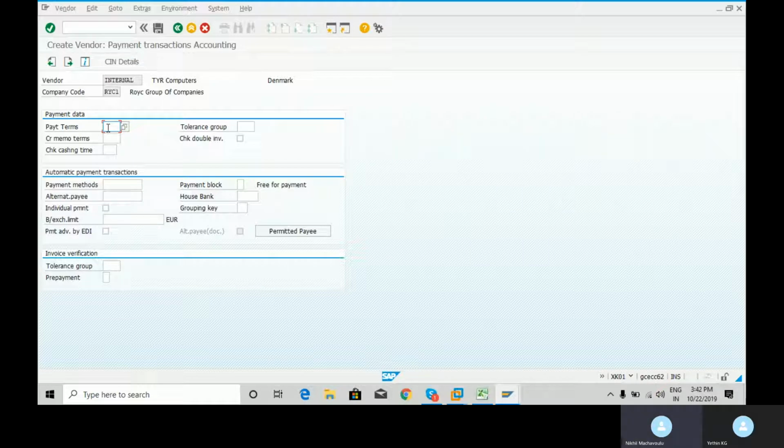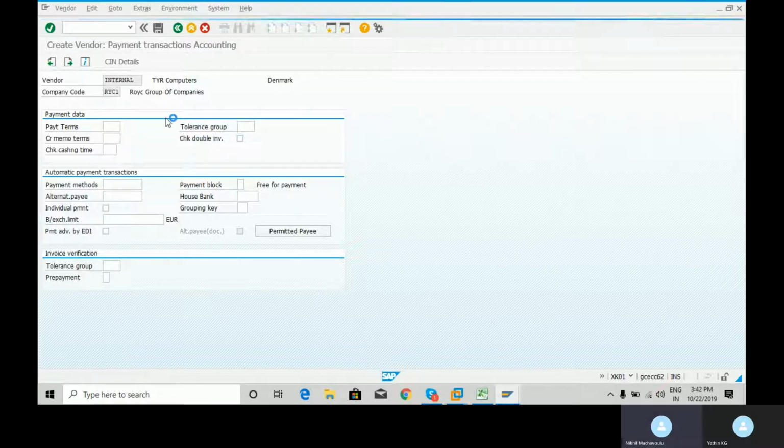So payment terms are conditions agreed between business partners, that means between the purchaser and the vendor, for the payment of invoices. That means for the payment of the goods or services. The conditions define the due date and the cash discount offered for payment of the invoice within a certain period. That's a payment term. Now let's say, for example,